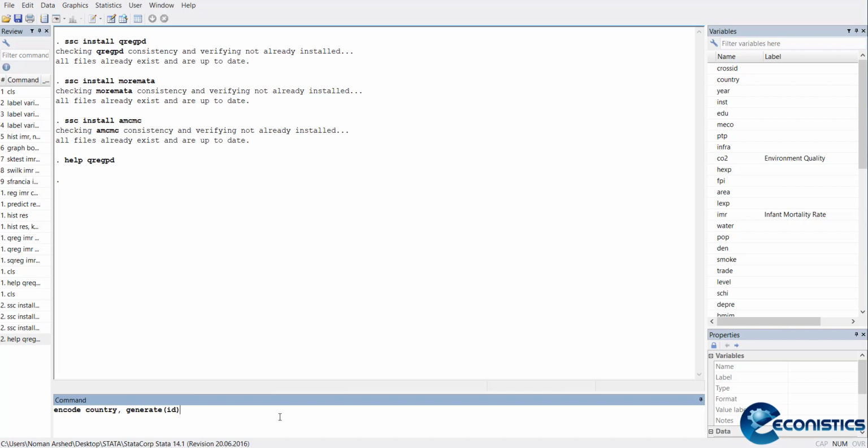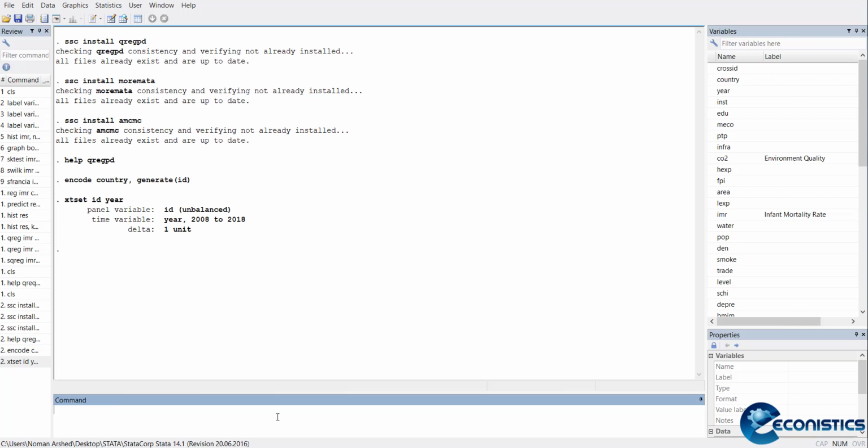It will encode the country variable with the first country as code 1, the second country as code 2. This way we have coded data. Now to tell Stata that it is panel data: xtset id year, first the cross section, then year. So it will make a panel data.